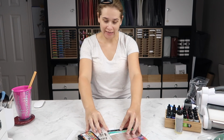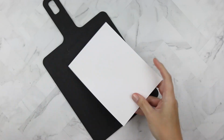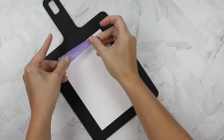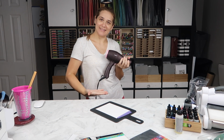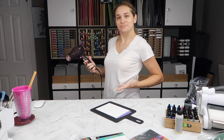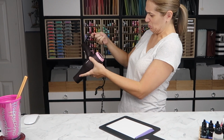I am going to get out my black Epicurean board. I'm going to secure a piece of that heavyweight Yupo paper with some purple tape. This is my hair dryer. I cannot remember when I bought it or how much I paid for it. I've had it a long time, but